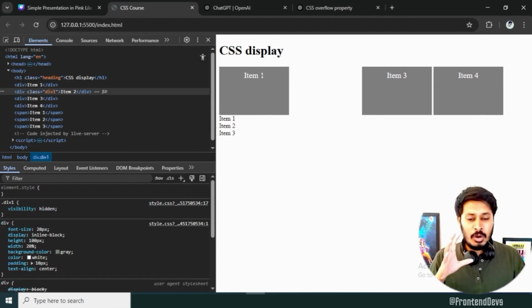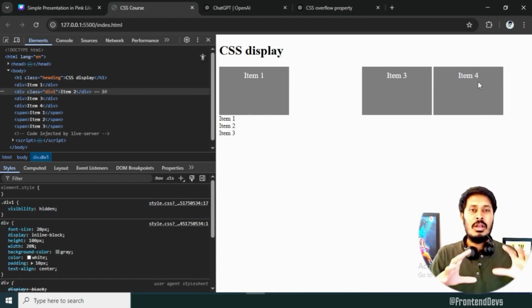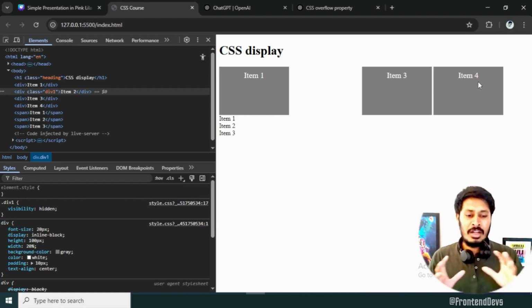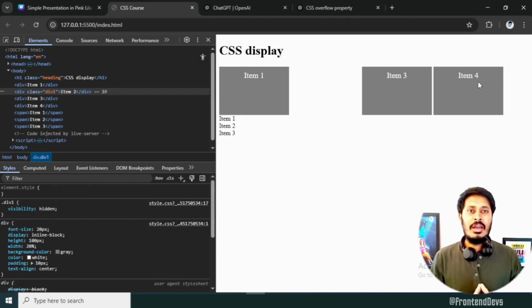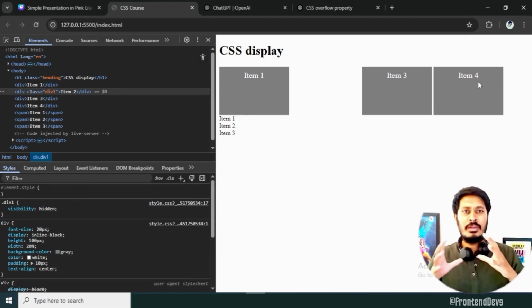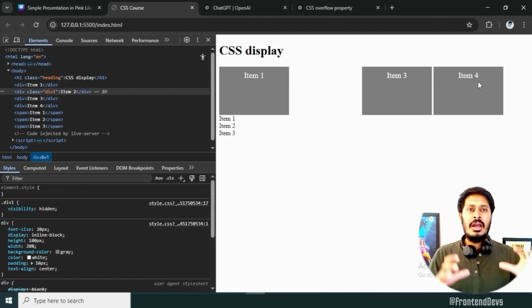The position of items 1, 3 and 4 is the same place where it was present before. Hope you are clear with what visibility is. And when we talk about visibility hidden and display none, it is one of the most important and